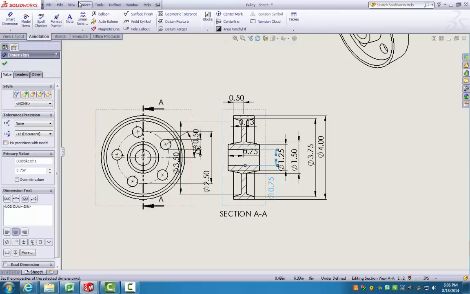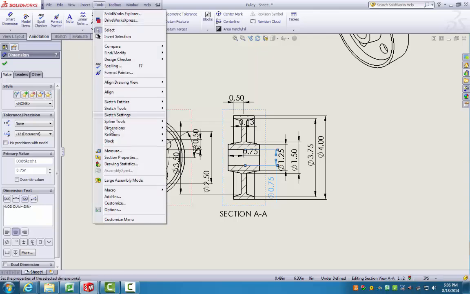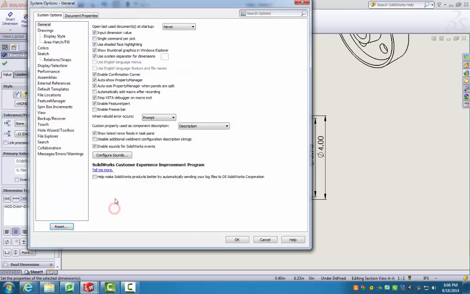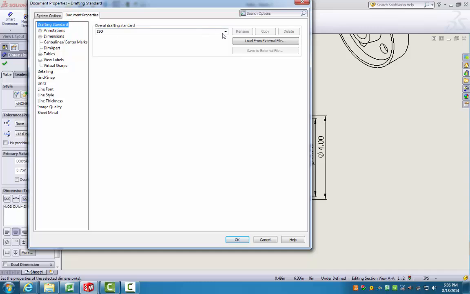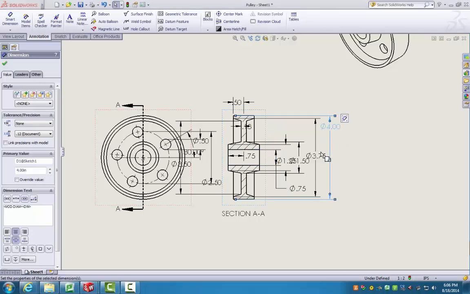So what I'm just going to do is, I know a quick, easy way to change that. I'm going to go to Tools, Options, Document Properties, and I'm just going to click ANSI, because I know that ANSI standards have this horizontal. Again, this is completely dependent on what your document template is. And because I chose to skip that, I was sort of left with whatever it